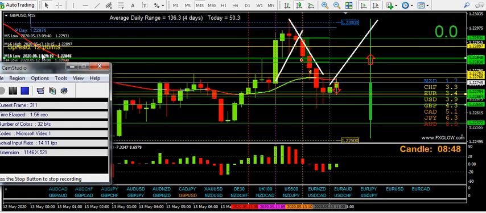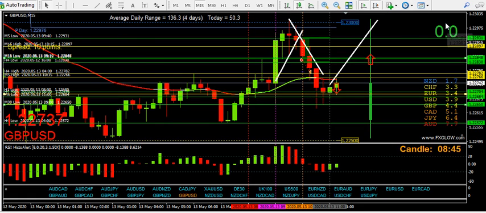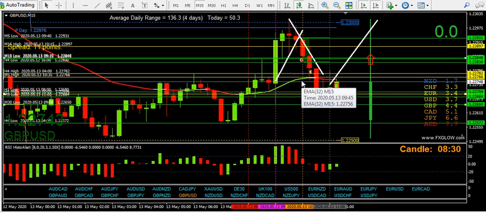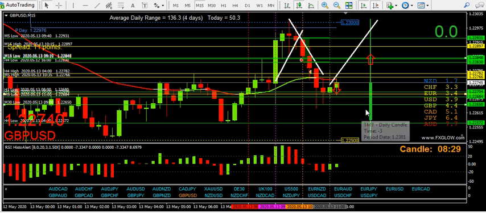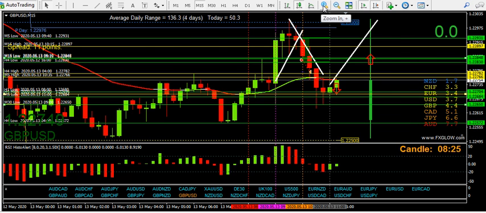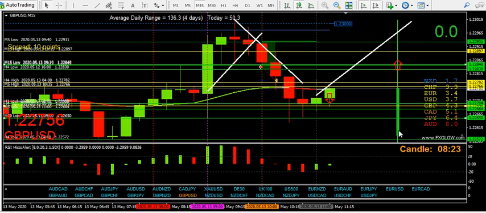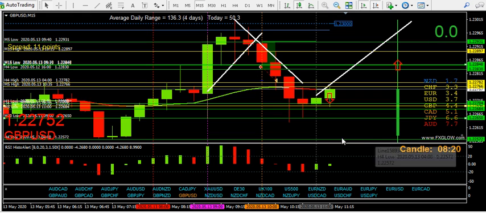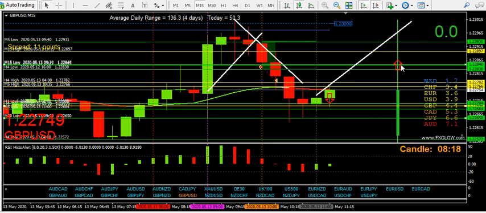Hello again, people. Right, I've been away from the charts for a little while, and as you can see, we're still on the cable chart, pound dollar, and you can see the trade I took earlier in the 8 a.m. London Open. This is what I do when I'm away, or when I'm likely to be away from the charts. I draw the lines on the charts that are important. I know it looks an absolute mess, but what I've got here is